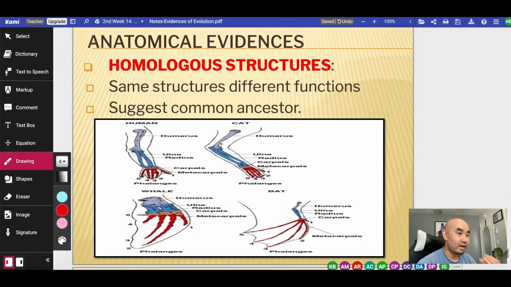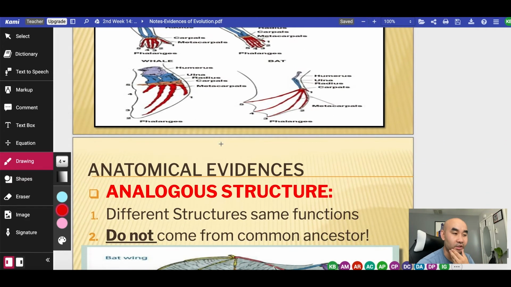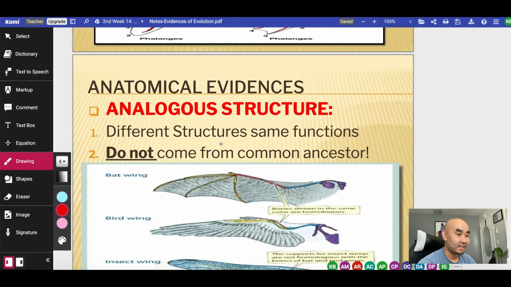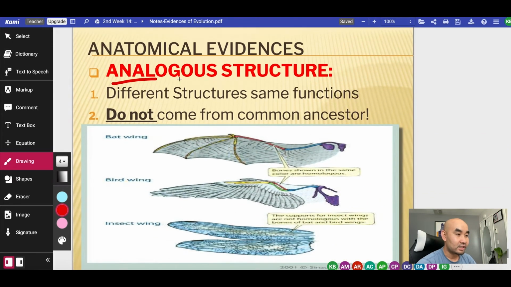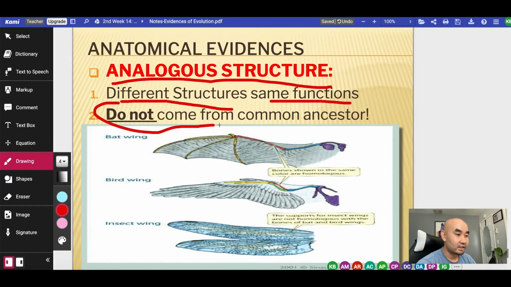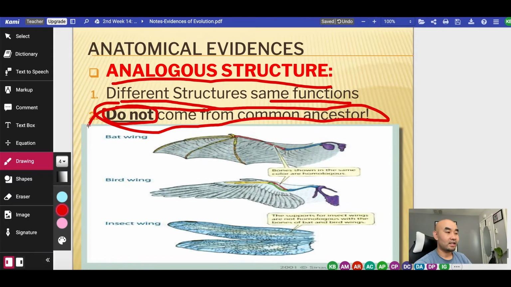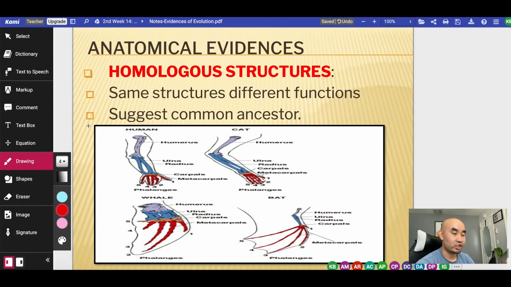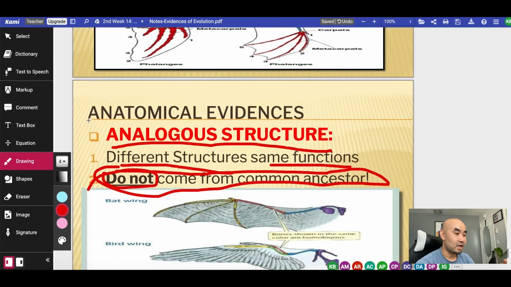And the second type of anatomical evidence that they use to talk about evolution is what we call analogous structure. Analogous structure, on the other hand, is the opposite. It means different structure, but the same function. It does not suggest a common ancestor, okay? So this one is the opposite. Unlike homologous structure, which does suggest the same ancestor,